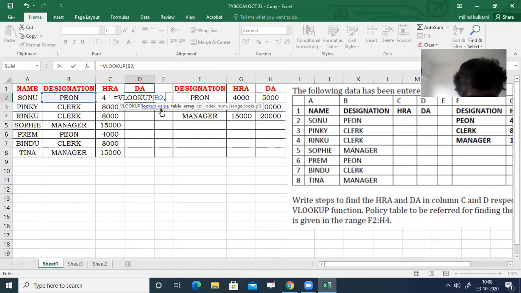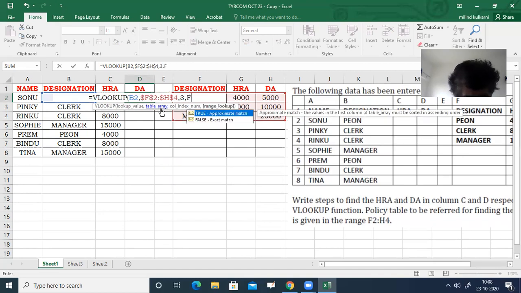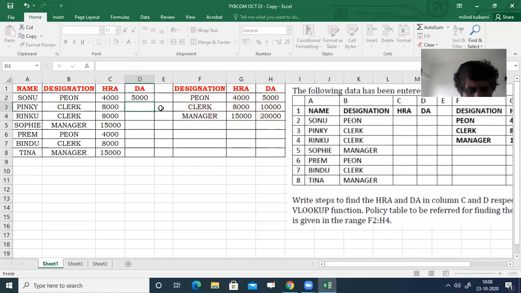Therefore, I will type $F$2:$H$4, comma, DA is in the third column, therefore comma 3, comma FALSE, bracket complete, and just enter.